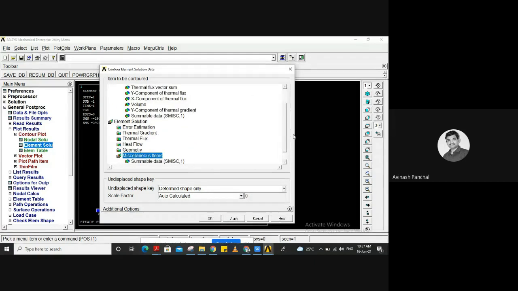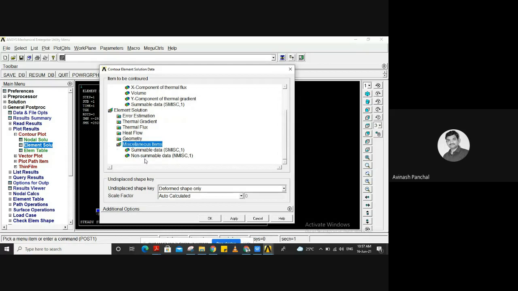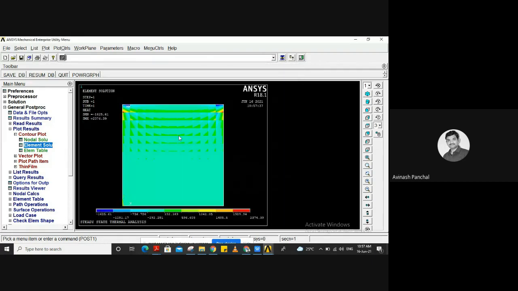Miscellaneous items, what is there, non-summable data is not required over here, heat flow you can see, already we have seen this. So everything is measurable over here, and I think you have understood this. And the next thing we will see again,